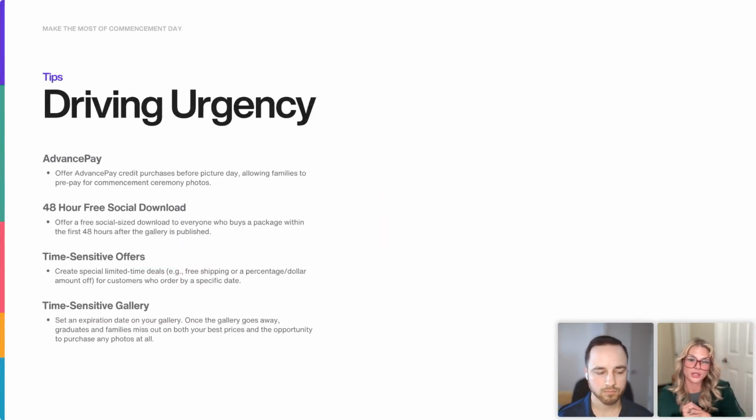And then driving urgency. If you're selling online, you're unleashing people to place their order when they're ready, when it's convenient for them. That being said, you really need to make sure you're creating a sense of urgency for them to go ahead and place their order as soon as pictures are ready. So here are some suggestions and some things that you can offer through PhotoDay to do that, starting with advance